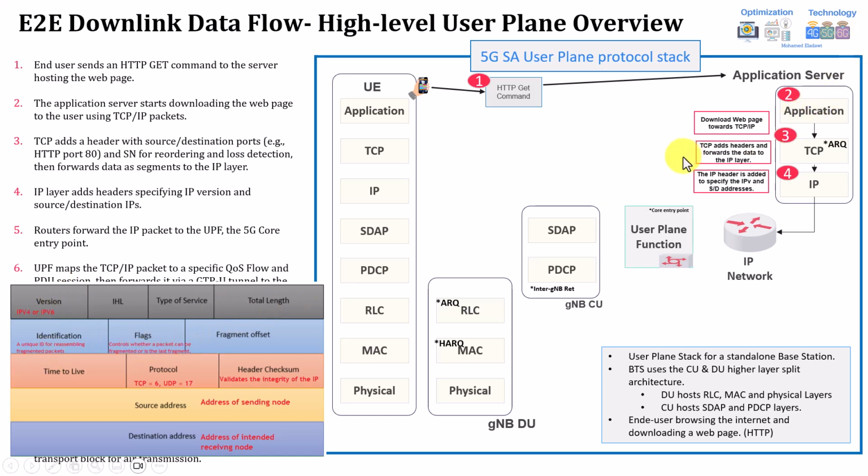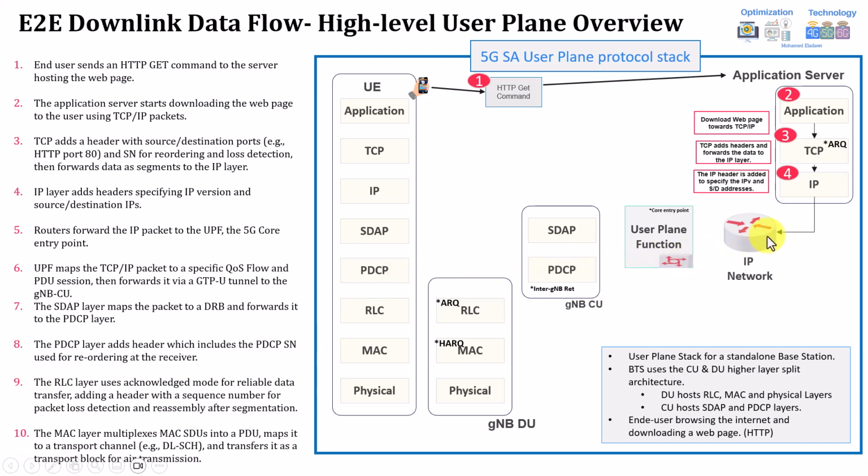This is one of the things TCP will try all the time to ensure, that there is no IP fragmentation. So in case there is fragmentation, this will be highlighted within the header. And also the protocol being used will be addressed within the header. For example, here it knows it's coming from the TCP protocol, which is using protocol number 6. And it will also have a header checksum, which validates the data integrity. And the most important, it will include, as highlighted, the IP version and the source and destination IP addresses to know where this data is going to be sent, for which destination, the exact address and so on. So this is point number 5.